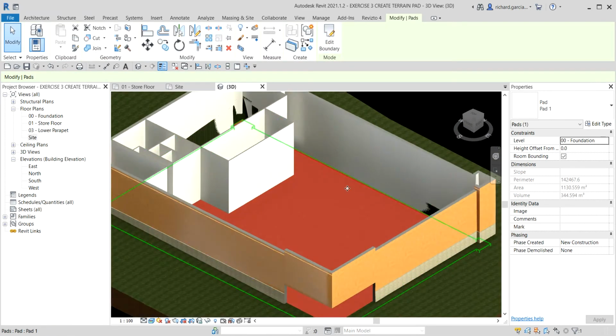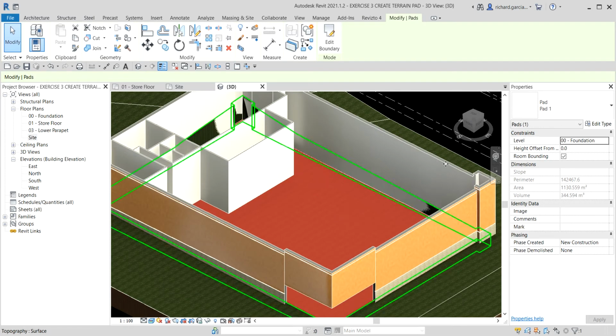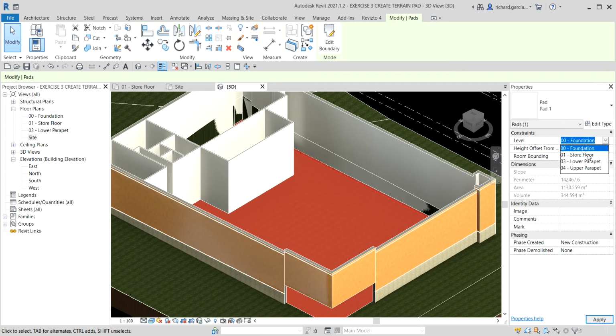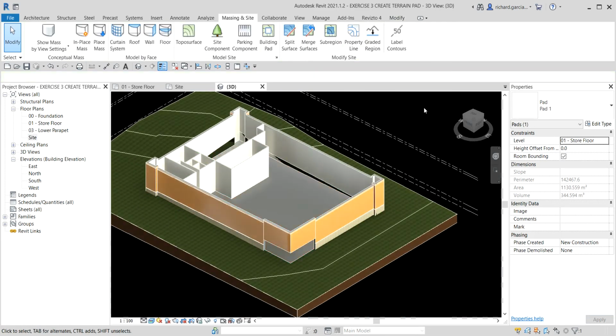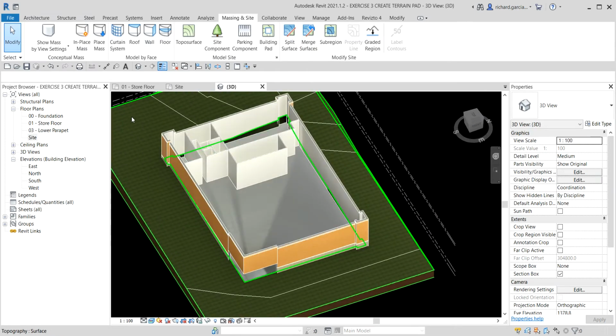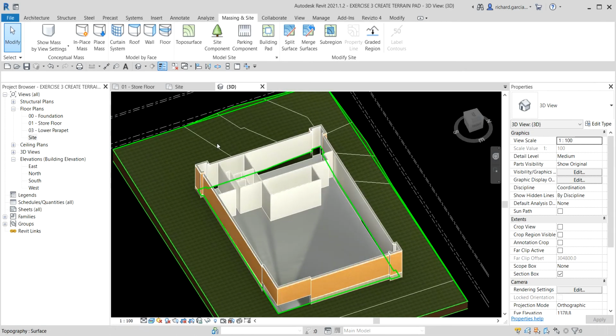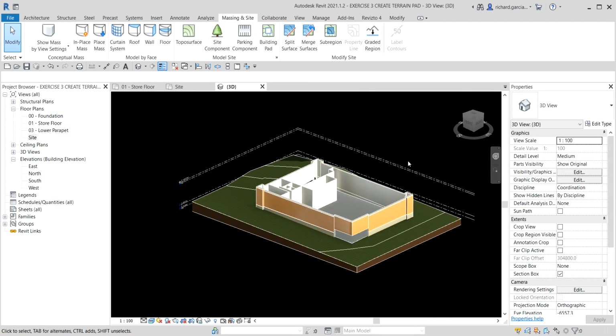And there you go. So while the building pad is still selected, you can change the level of that. So instead of putting it on 00 foundation level, you click the drop down arrow and then let's put it on, let's say, store floor on level 1, 01 store floor, and then apply, and there you go. Okay. Take note that you can create more building pads around your topo surface here to design your terrain or your model. Okay, so I just created one. But on our next exercise file, you can see that Autodesk created more building pads just to design our